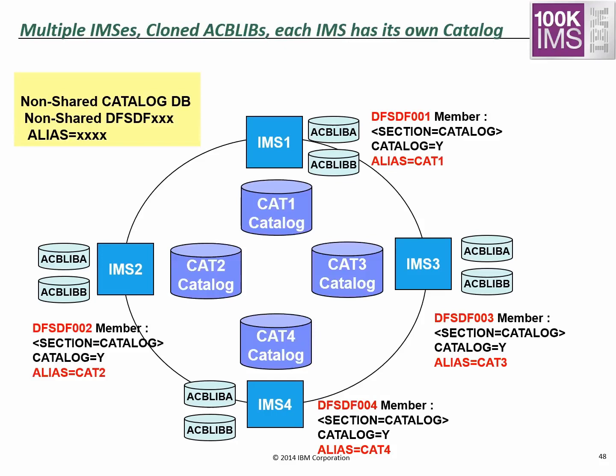Because each IMS has its own ACB library, you would now implement a separate catalog for each IMS system, right? Now, this is an IMS Plex, ladies and gentlemen. This is an IMS Plex, which means all 4 IMSs are probably doing data sharing, and they've all got one RECON. But I've got 4 separate catalogs, right? And what's the name of the catalog? DFSCD000. That's the DBD name. How do you register 4 separate catalogs with the same DBD name in one RECON? It makes it difficult. So the catalog